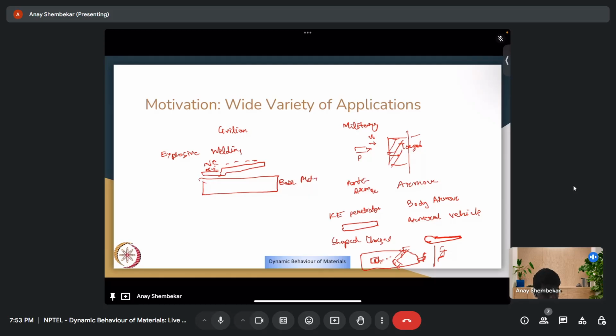Once I detonate this, you can quickly join two very large surfaces, and this can also bypass that requirement of close melting points. So this could be one. Another is something called explosive forming,